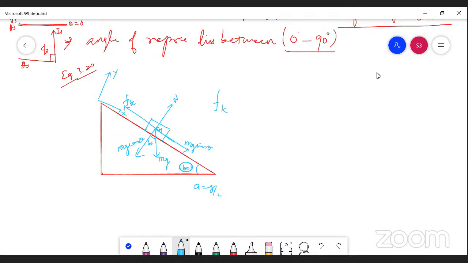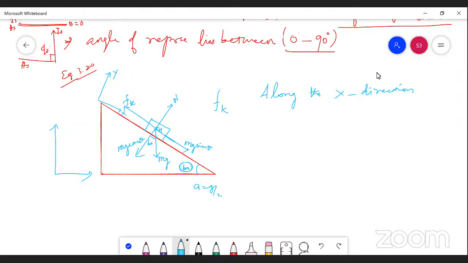So xy is the coordinate axis. There is no need to take the coordinate axis like this. It has already been given in the conditions that if you are speaking about the inclined surface, you can directly take the coordinate axis according to the inclined surface, according to the angle of inclination. So xy is the coordinate axis. Along the x direction, I'm just considering it as a free body diagram, and then I am solving it. Along the x direction,